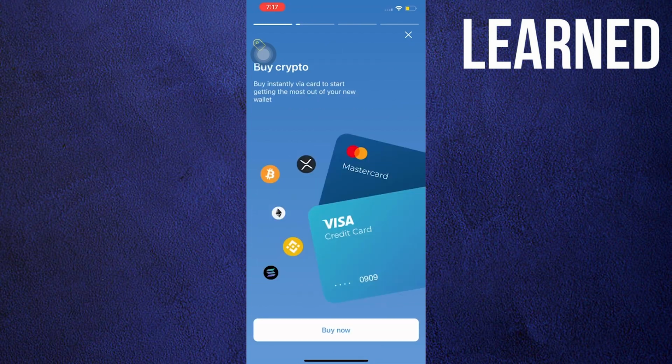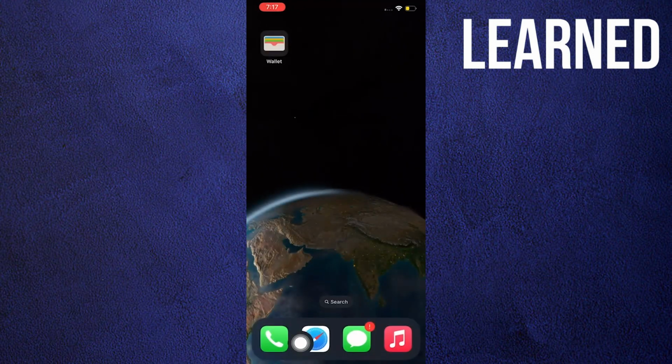Now, on the second phase, you can buy crypto. Just click on Buy Now, or whatever crypto you want to buy. And that's it. Just follow the rest of the settings or the